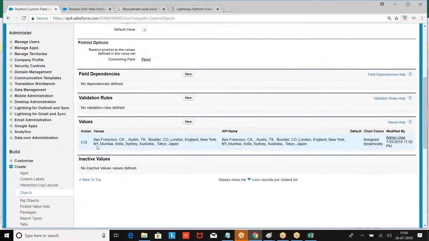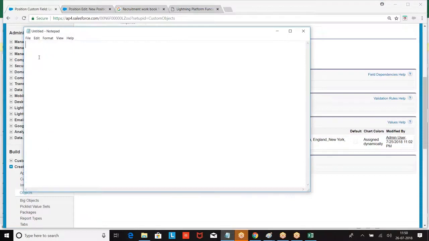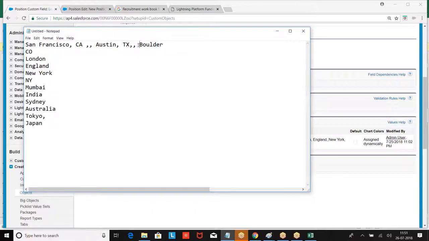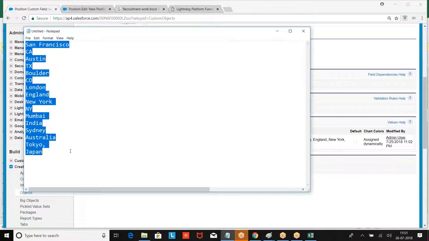We had two more. These are the values I am supposed to give.